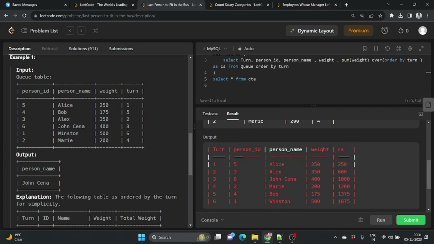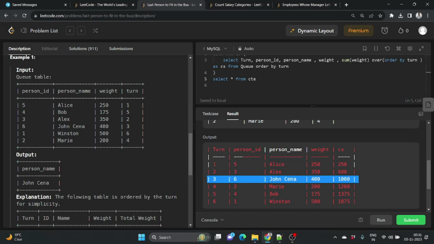I'm getting the cumulative sum of all the weights, and here we are getting the weight as 1000. So we need to stop here and return the name of the person